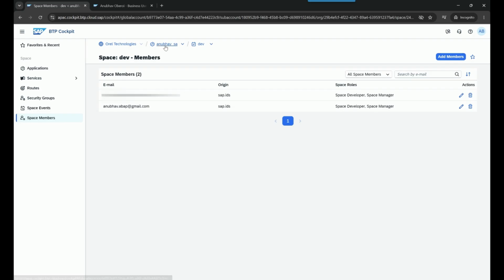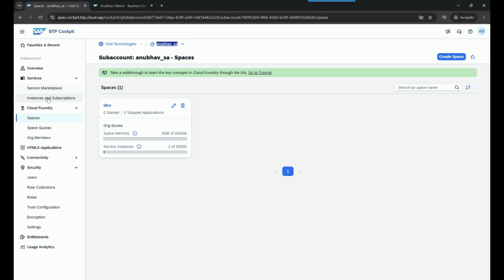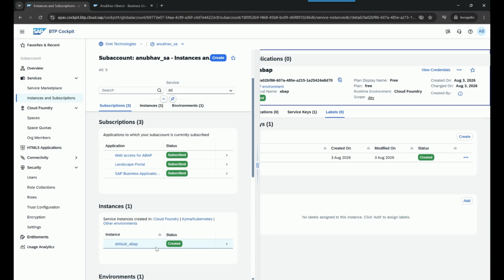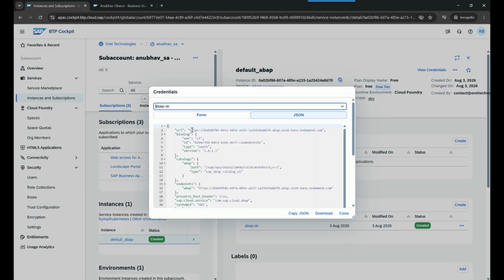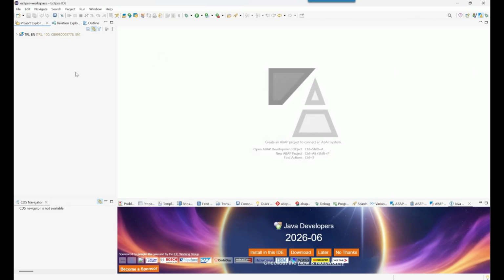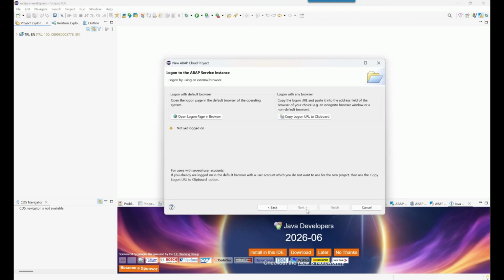Fantastic. So once these steps are complete, it's time to log in with our developer user. The process is pretty much the same. Let's go back to instances and subscriptions over there. Go to our service key, copy the URL from the service key, and then go back to the Eclipse environment. And here in the Eclipse environment, we are going to add a new ABAP Cloud project. Click on the next button, and I choose copy logon URL to clipboard. And of course, I will paste it in my browser. And this time I will use the developer user, which is the anubhav.abap user